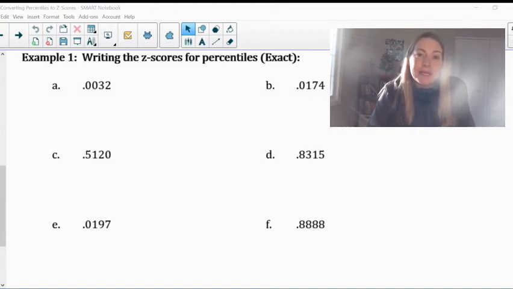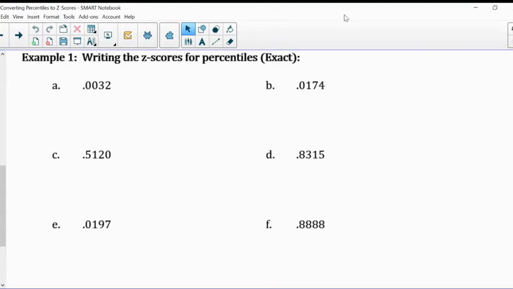Today we're going to take a peek at how to convert percentiles to z-scores. Let's go ahead and get started. So what we're going to start by doing is finding exact values on our z-score table. Then we're going to trace backwards to see where it lines up with our z-score value. So if you take a moment and take out your z-score table, you will see